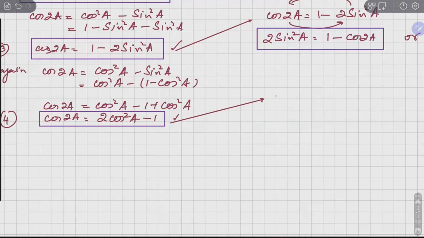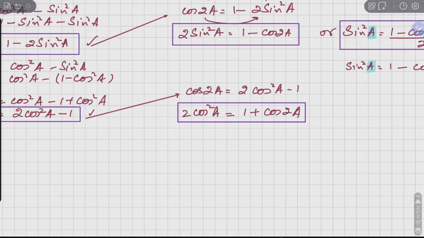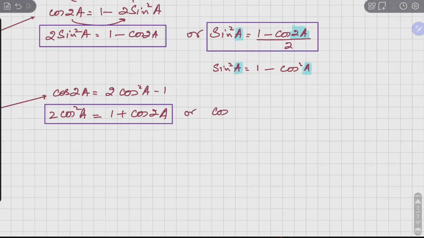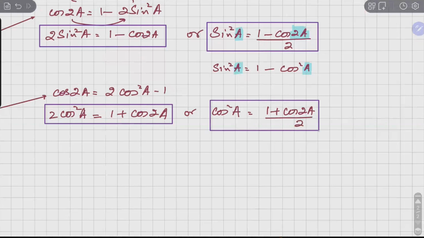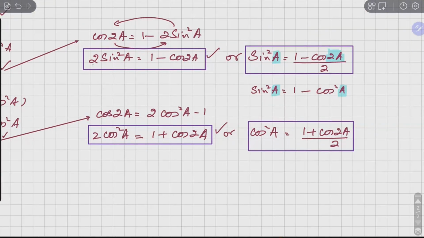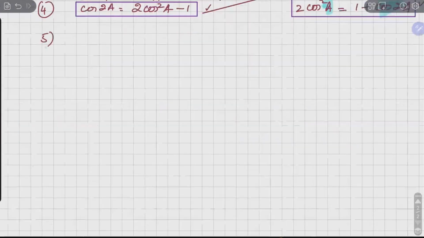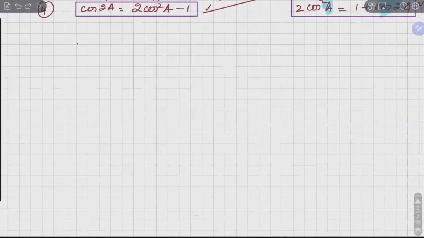अच्छा, इसी तरीके से अगर इस फार्मूले को भी हम रीअरेंज कर लेते हैं, like it is cos of 2a which is equal to 2 cos square of a minus 1, and to make cos square of a the subject, it is 1 plus cos of 2a, or cos square of a can be written as 1 plus cos 2a divided by 2। अब आप जरा चेक करो कि ऊपर साइन स्क्वायर और नीचे कॉस स्क्वायर, इन दोनों फार्मूलाज में what is the difference? 2 sin square of a is equal to 1 minus cos 2a, and 2 cos square is equal to 1 plus cos 2a।